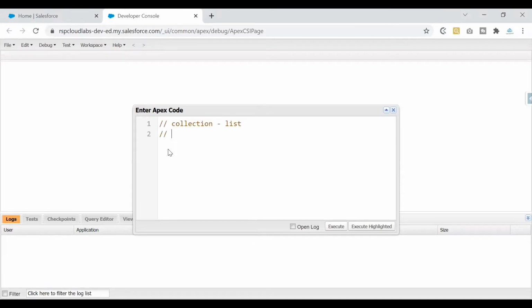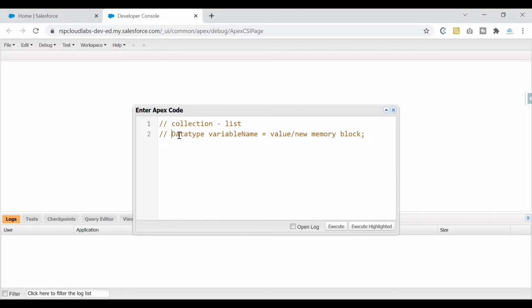Remember the generic syntax that we have discussed in the day 1 class, which says data type, variable name, and a value. Now, we'll tweak this syntax a little to understand our collection concept. The syntax that we need to use for our first type of collection, which is nothing but the list collection. I've tweaked the syntax a little. So instead of writing data type, variable name, value, and putting a semicolon at the end, this time I've made a change to the syntax.